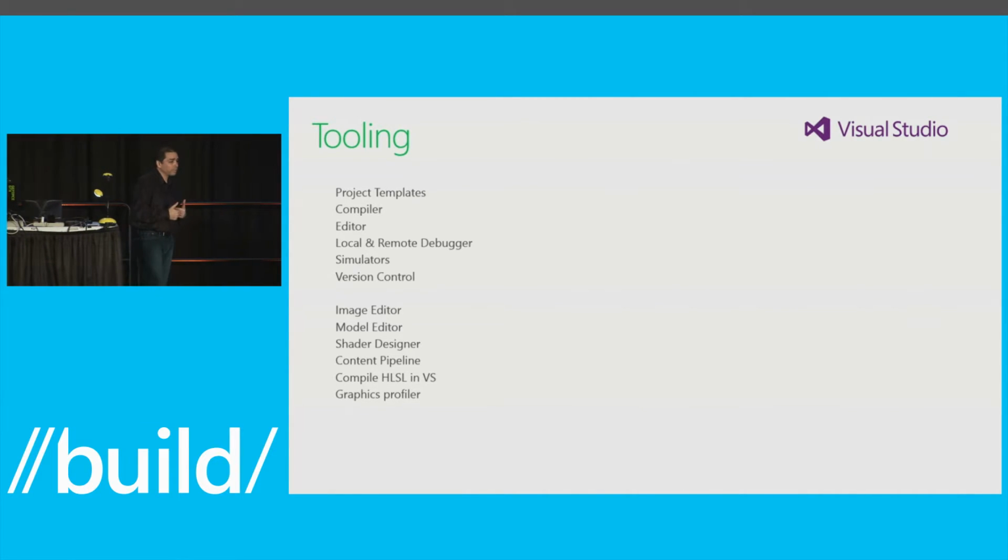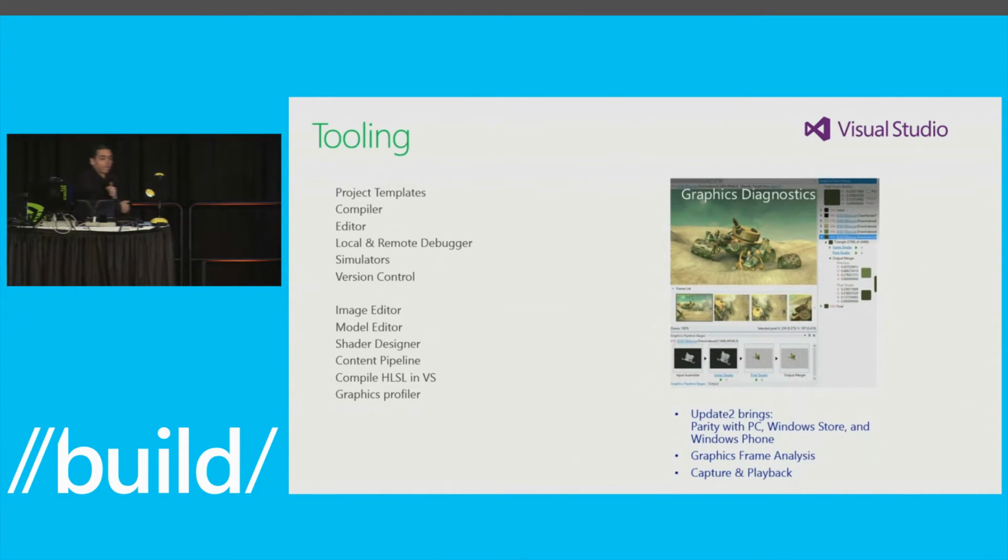For example, our graphics debugger for Windows Store for last year has been excellent. Whenever I troubleshoot something with somebody, they're like, oh, I didn't know I could do that. That's much easier than what I've been doing in the past. So that's something I want to highlight. And what we've done with Windows Phone 8.1 is we brought all of that goodness to Windows Phone. So now we have a really great graphics debugger for Windows Phone.